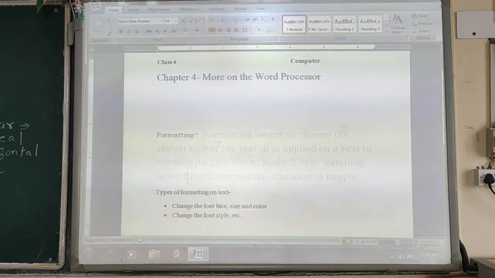The bold option increases the thickness of selected text and makes it dark. Whereas if you choose the italic option, it tilts the selected text.